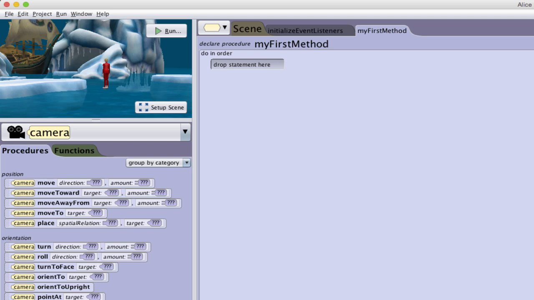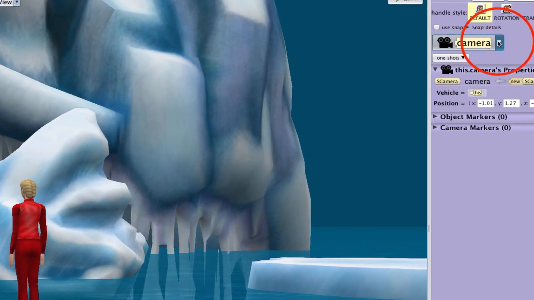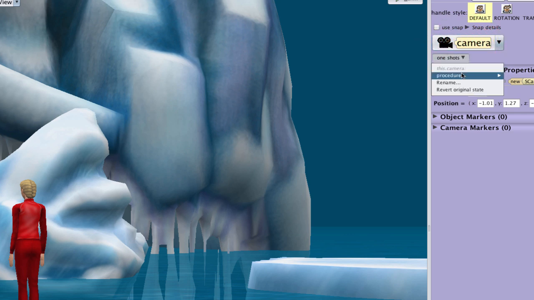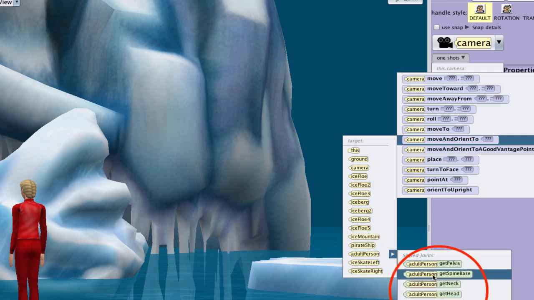This is an Alice frozen environment with an ice skater, and I want to set the camera to the ice skater's point of view. I would click Setup Scene. Make sure the camera is selected in the object tree. From the One Shots menu, select Procedures, move and orient to the adult person, and I'm going to say get